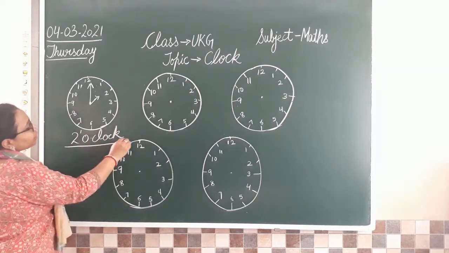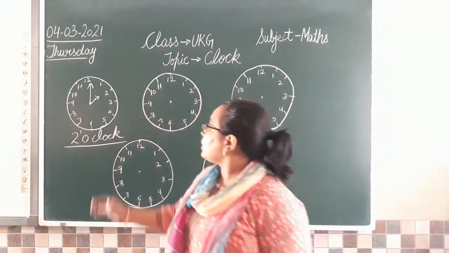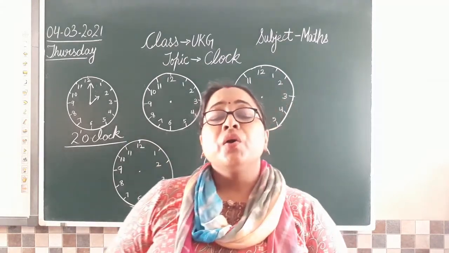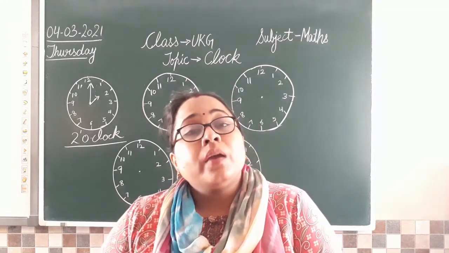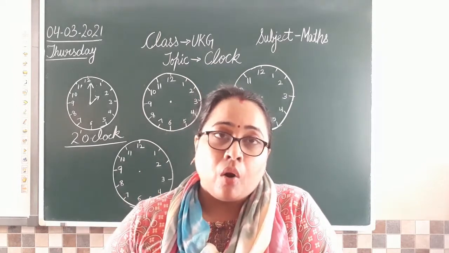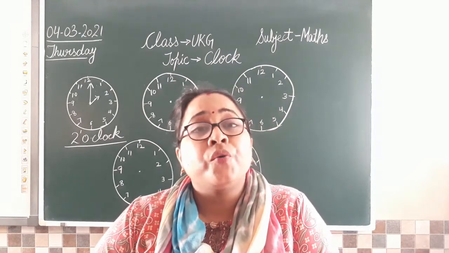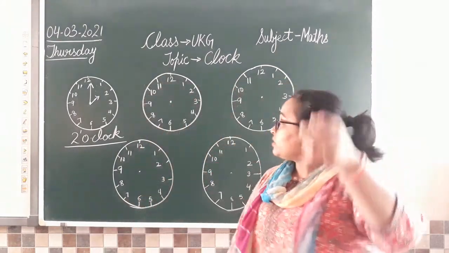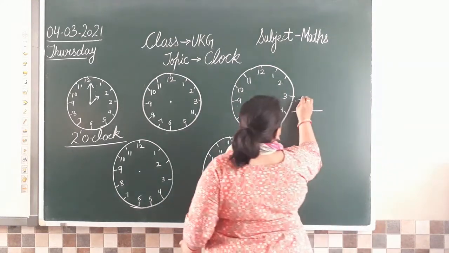This is something we call reading a clock. ठीक है? आपको hands draw करके दिए हुए हैं and you have to do the reading. So it is called read the clock. But if I give you the time and you have to show that on the clock, how are you going to do it? आपको टाइम दे रहे हैं और वो आपको रीड करके you have to draw the given time. For example, for this clock I say you have to show 7 o'clock.